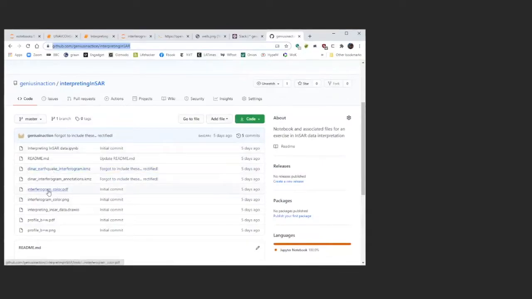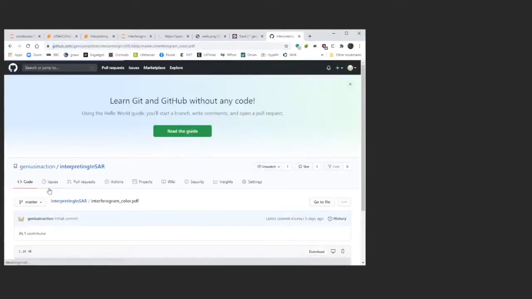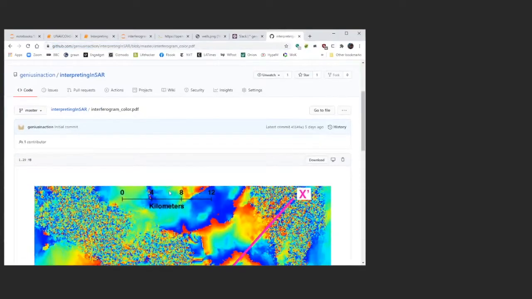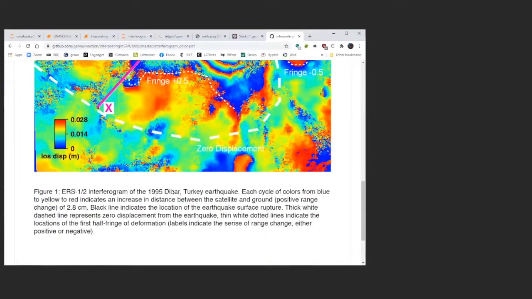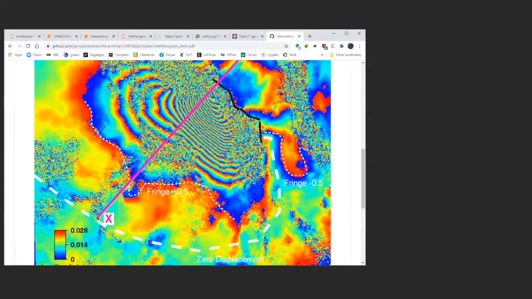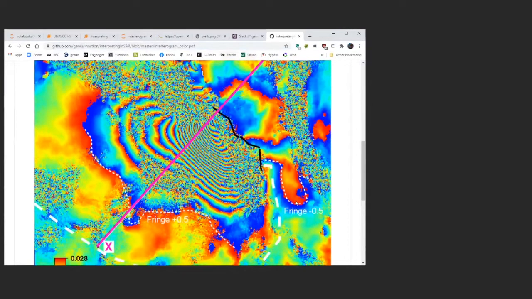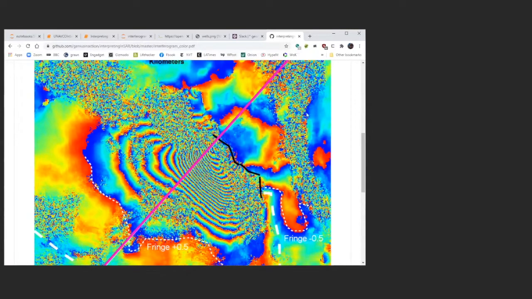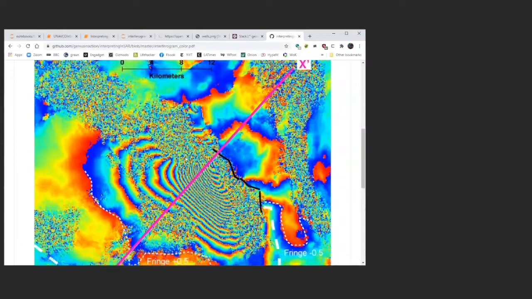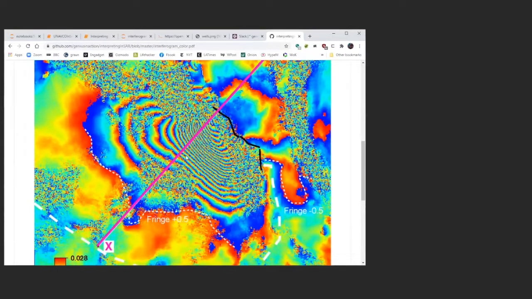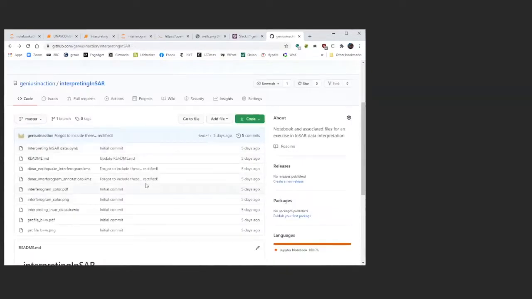Okay. Well, even if you can't get the notebook running, we can at least look at the interferogram through the GitHub repo. So maybe we should do that whilst we're waiting. So Gareth, they can go to the GitHub repo, download these files, and do the exercise on the screen, basically,